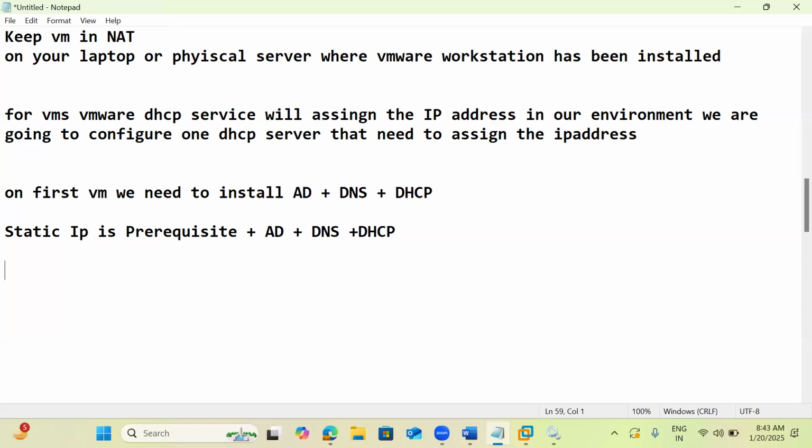Okay, for the next 3 to 4 days, try to do a lot of trial and error. If you make any mistake, you don't need to worry, you can just revert back to that state. So try to make a lot of mistakes, don't worry about that. Do some trial and error kind of things. And once we set up the Active Directory, DNS, DHCP on the second VM,